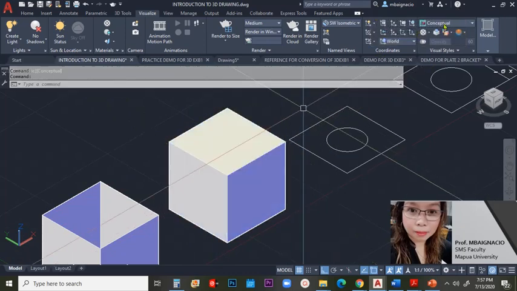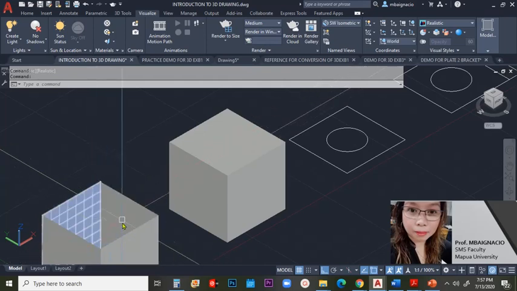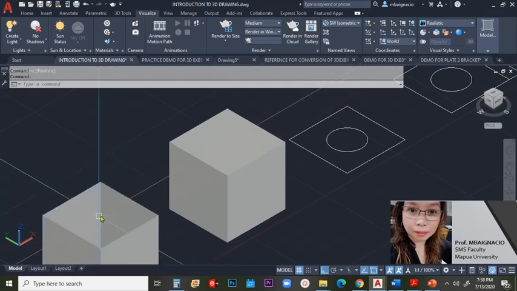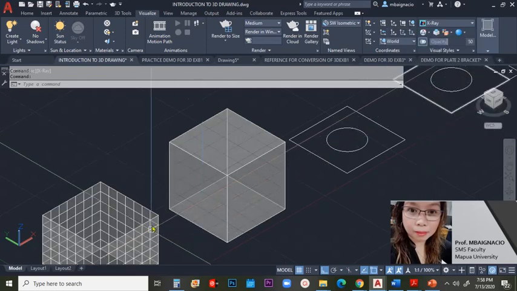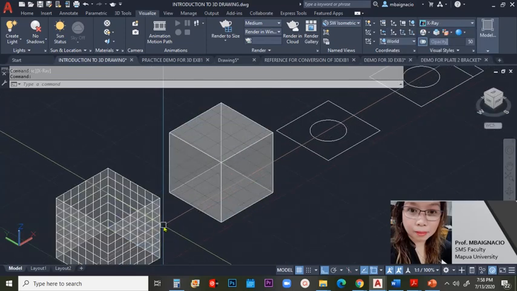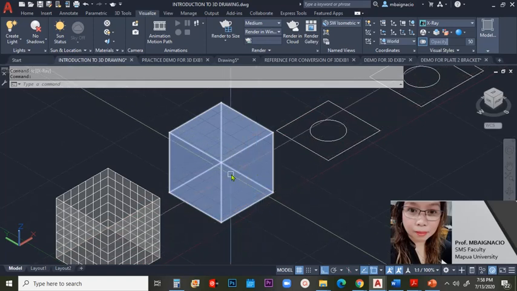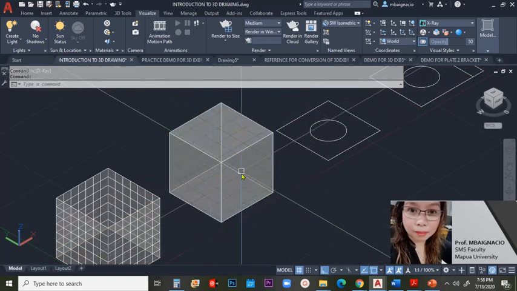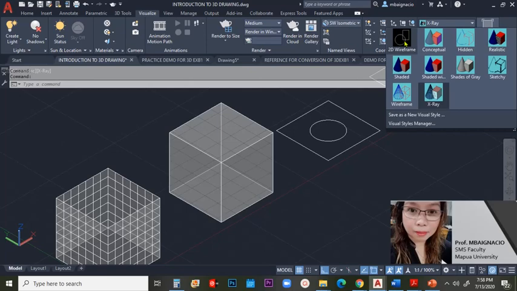And then say for example realistic, the difference is all the sides are closed, while in this one the open area is on top. And then you have your x-ray. With x-ray, you can see the reference, which is solid, and you can see the shallow detail at the inside, with a clean reference of line. I'll just go back again to 2D wireframe there.